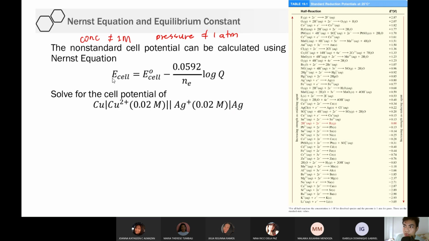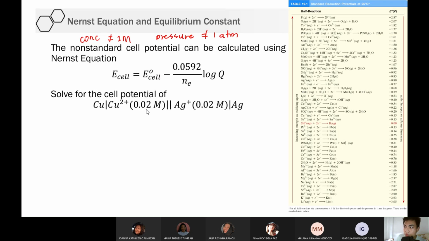Okay, so the Nernst equation gives us the non-standard cell potential, no, equal to the standard cell potential minus 0.0592 over the moles of electron logarithm of Q. No, okay, so Q is the reaction quotient. Okay, so ano yung purpose uli ng Nernst equation? It allows us to solve for the non-standard cell potential. Makikita mo naman kung non-standard yon. Kapag may bilog, standard yon. Pag walang bilog, non-standard yon. Okay? So, ganun lang. So, let's try that for this chemical system below.